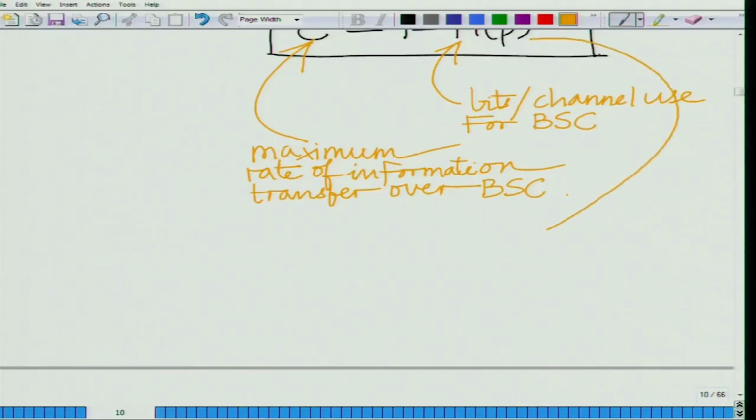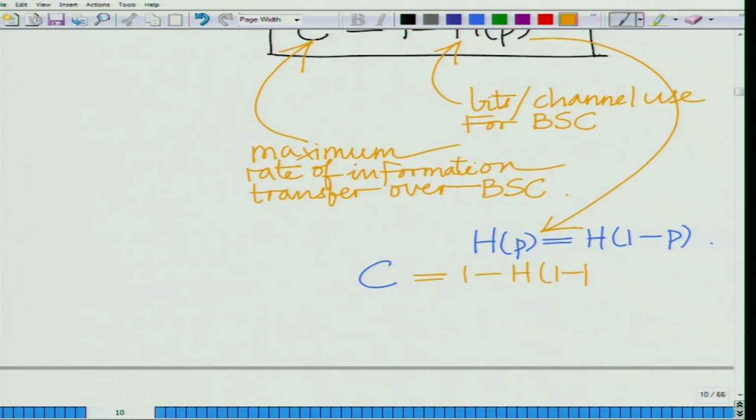And needless to say, of course, h of p, and you can say several things from here. First of all, h of p equals h of 1 minus p, we have already seen that. This implies the capacity of a binary symmetric channel with flip probability 1 minus p, that will be 1 minus h of 1 minus p, which equals 1 minus h of p. So, this is the capacity with flip probability